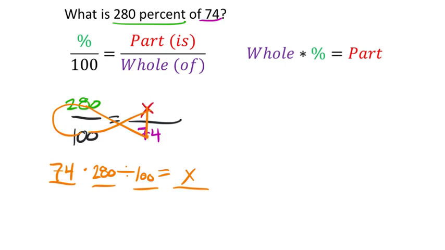Now I can plug this into the calculator directly, and that will tell me what 280% of 74 is. So here we go. Okay, and this is what I got. I got 207 and 2/10. Now I don't need to show that that's equal to x. I can just box this in because I put the x here. So whatever variable you want to use is fine. I used an x. I just don't need to show that it equals x because I put that in there, okay? Now that is the percent proportion method, which since we're used to seeing fish method, hopefully that wasn't too